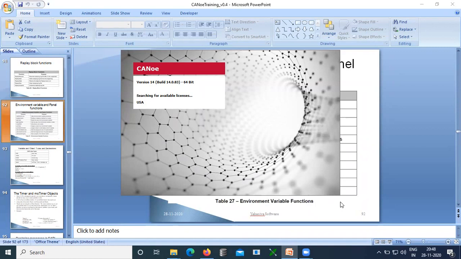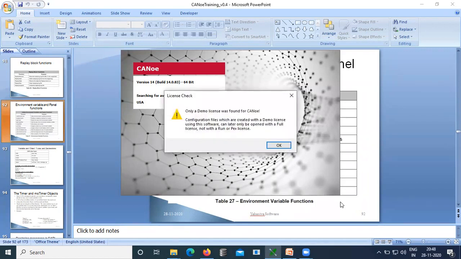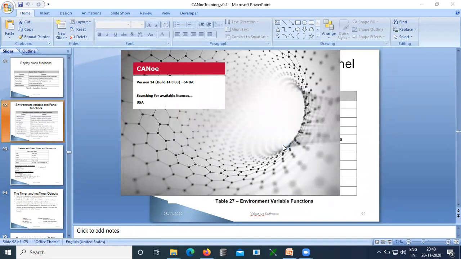If they have developed some CANoe configuration in version 8 or version 11, in those days those things were developed using EV variables.